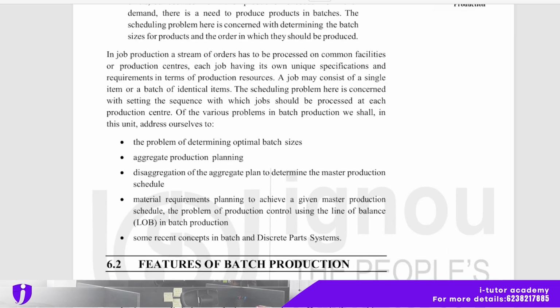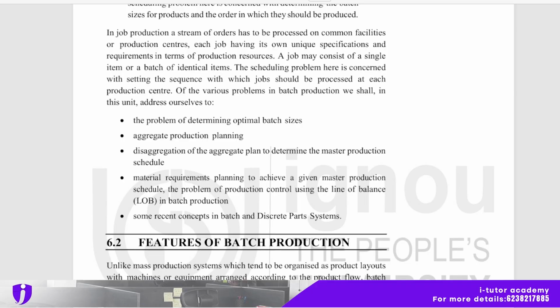And in job production, a stream of orders has to be processed on common facilities or production centers, each job having its own unique specification and requirements in terms of production resources. A job may consist of a single item or a batch of identical items. The scheduling problem here is concerned with setting the sequence with which jobs should be processed at each production